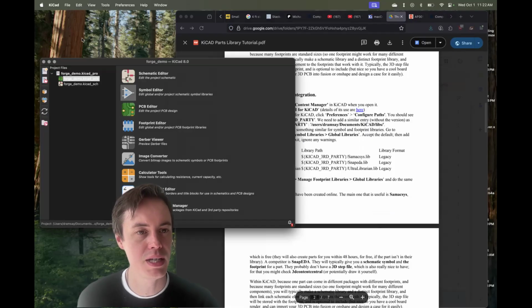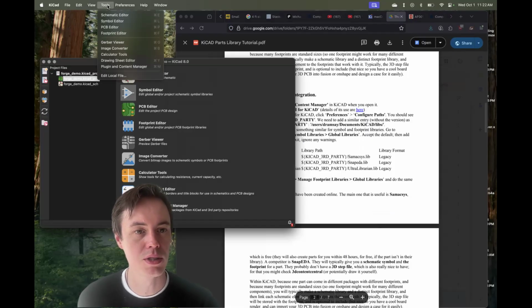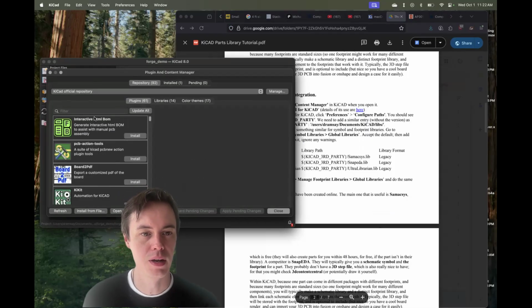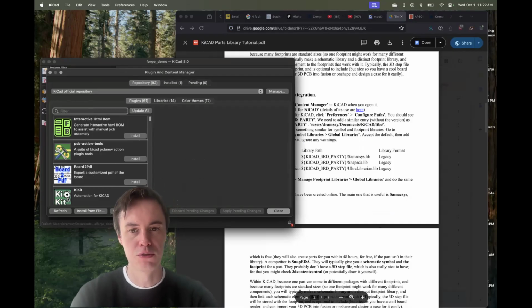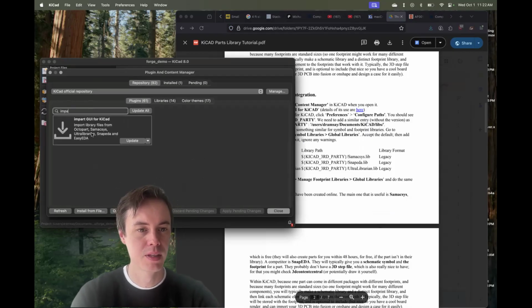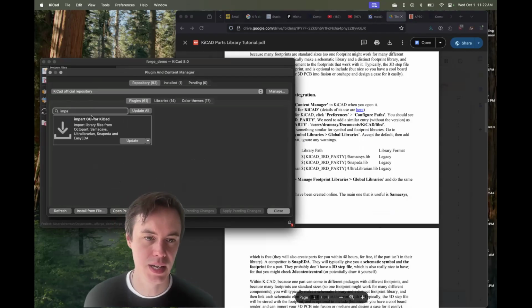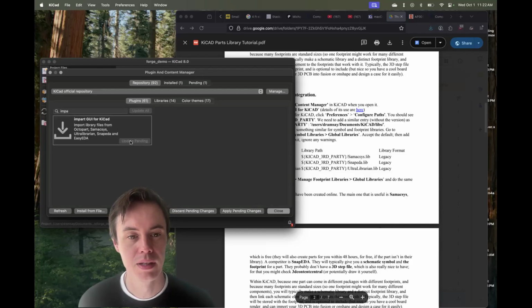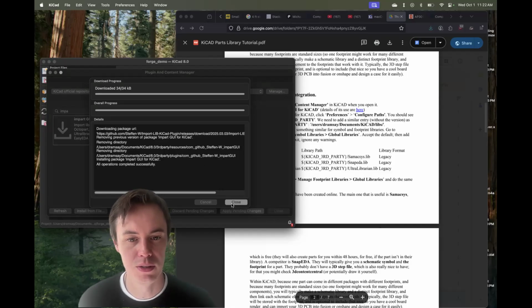When we open our KiCAD, we go to Tools, Plugin and Content Manager. Again, this is something you're only going to have to do once. Here we are at the Plugin Manager. We can search for impartGUI for KiCAD, and you can see I already have it installed. This works for importing libraries from Octopart, Samacsys, UltraLibrarian, SnapEDA, and EasyEDA. So there's a bunch of different places where we can just quickly download parts. I'm going to update this, apply changes. So you will install it,